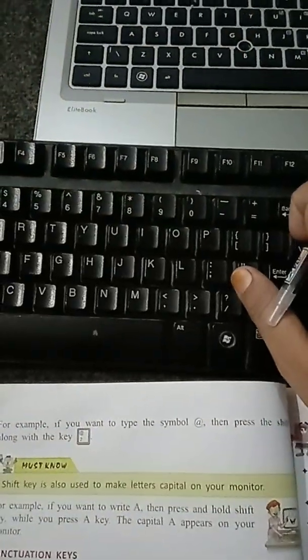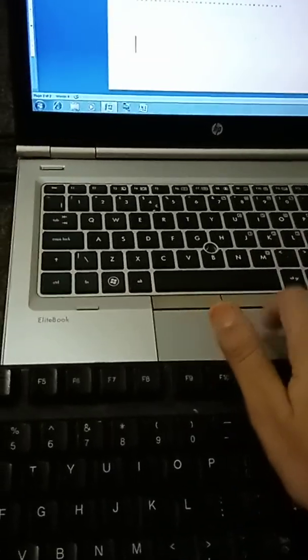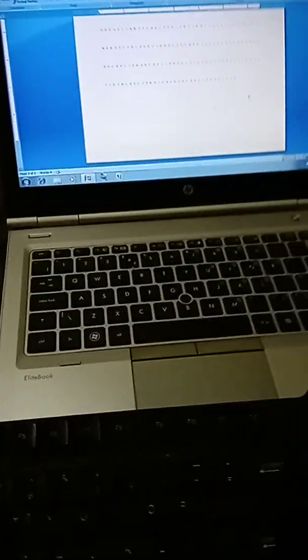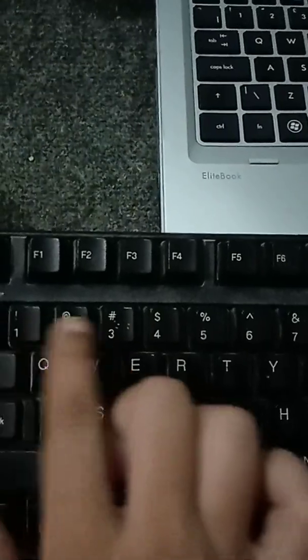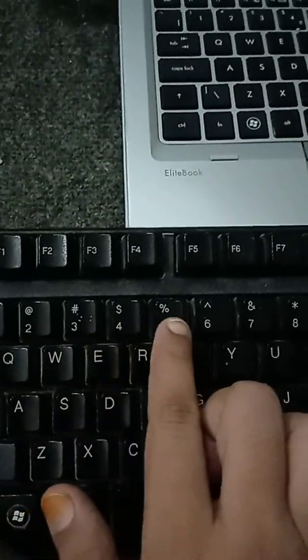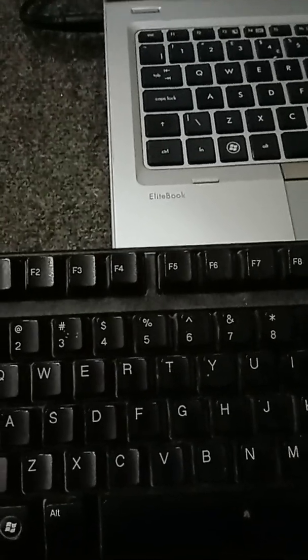Look at this on the computer. For example, we want to use the upper symbol. When we use the upper symbol of keys like these signs, we press the shift key and then press these symbols.